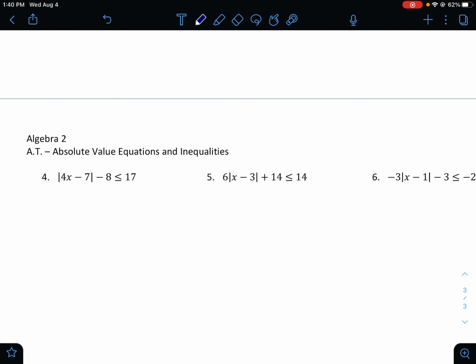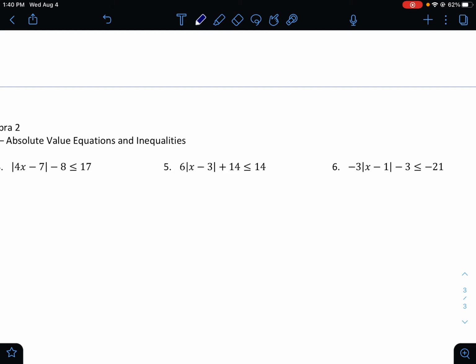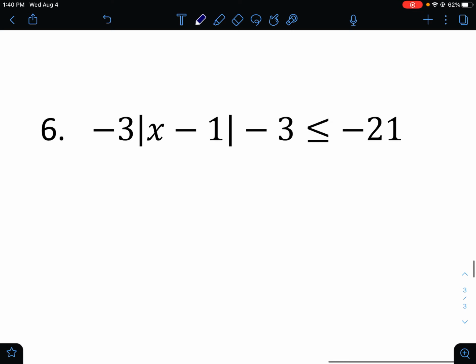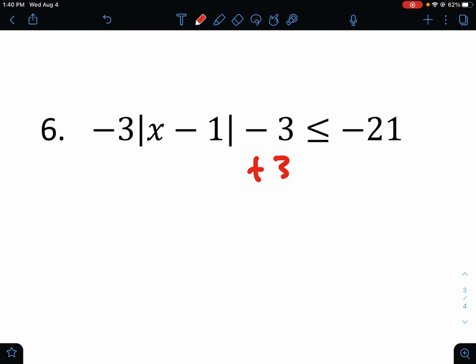And that's pretty much how it goes all the way through here. I'm trying to see if there's anything that's weird. This number 6. Probably want to do number 6 here. So this is a situation where I need to isolate the absolute value. So we're going to move everything across. When I add 3,